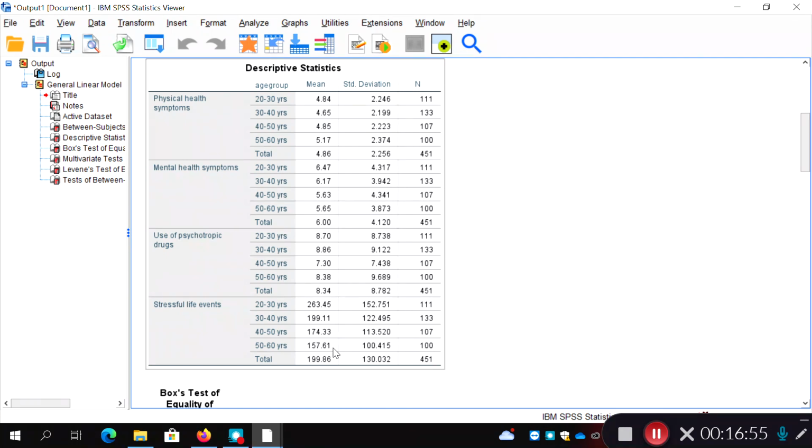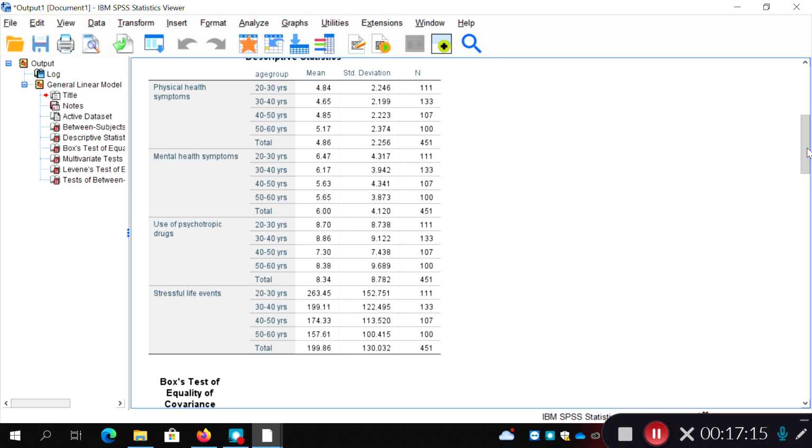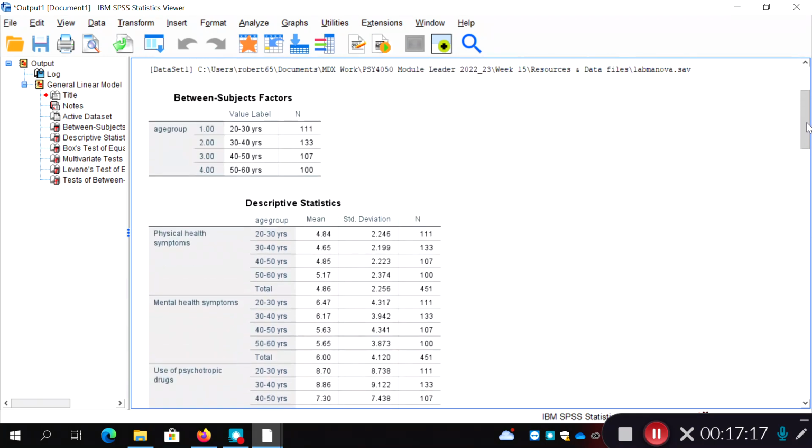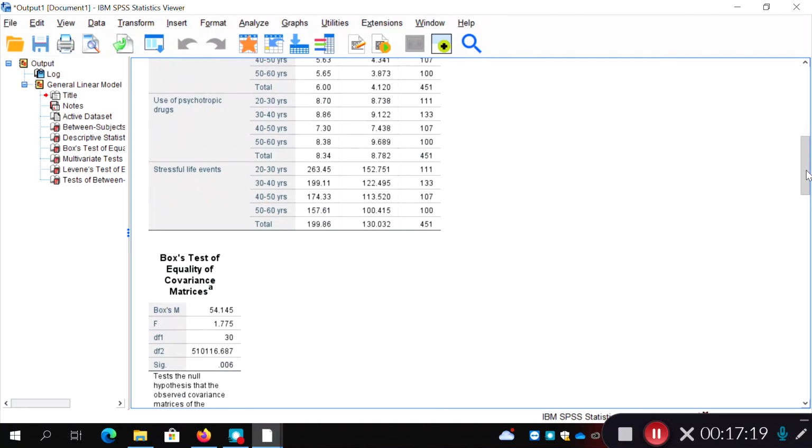Okay, so that's useful to know in itself, but we'd also like to know if there's a difference between 20 to 30 and 30 to 40, and 20 to 30 and 40 to 50, and 30 to 40 and 40 to 50. So we need some sort of post-hoc tests to be done. And it is worth keeping in mind when we do these post-hoc tests that